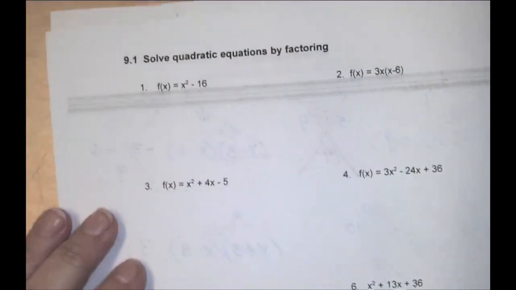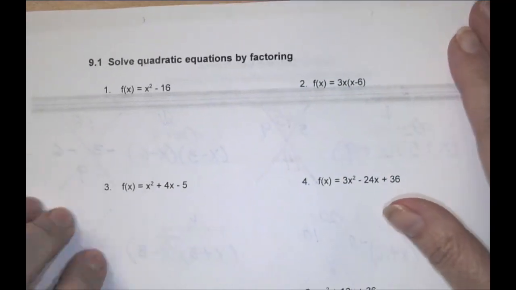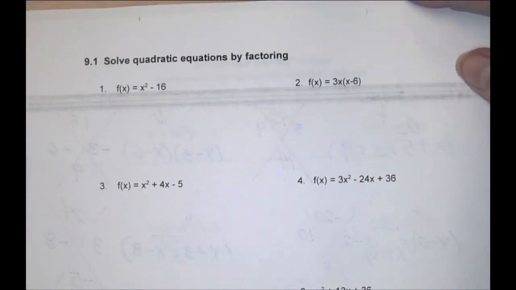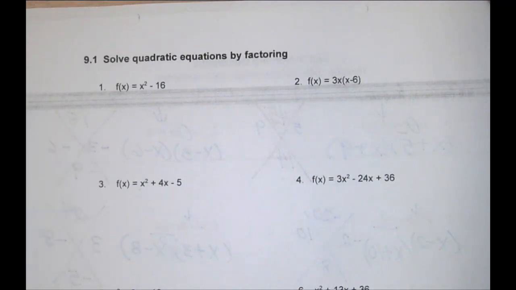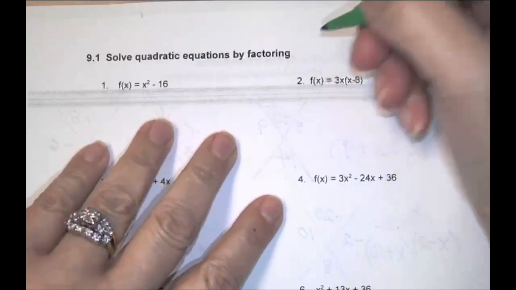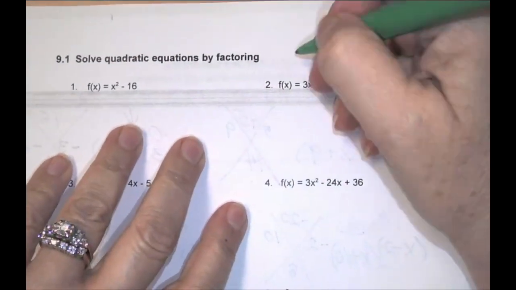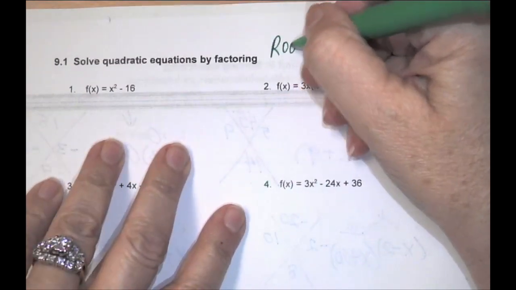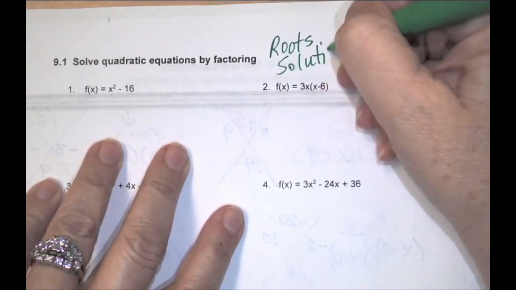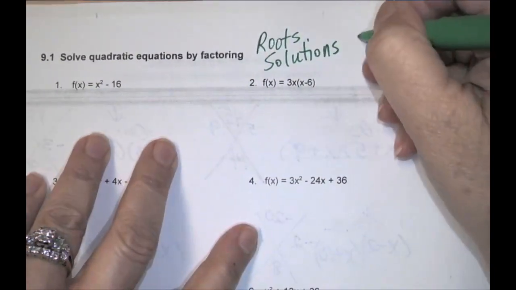Yesterday we reviewed factoring. Today we're going to solve our equations using factoring. So when we solve, what does that mean? What are we solving for? We're solving for the very important parts of a quadratic, which are the roots, which are also called solutions, which are also called zeros,